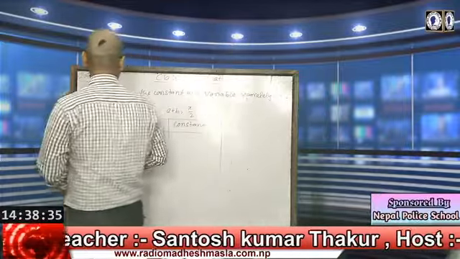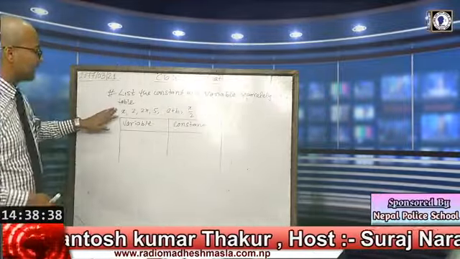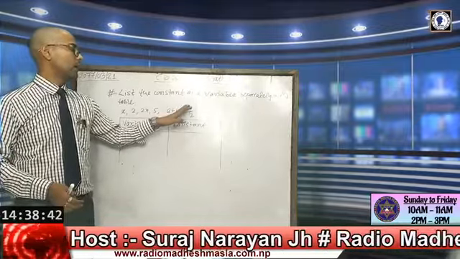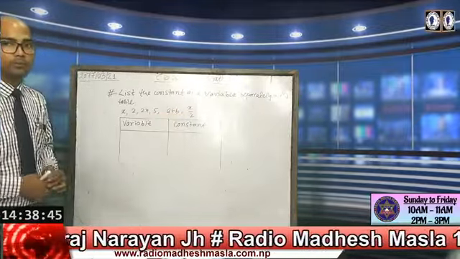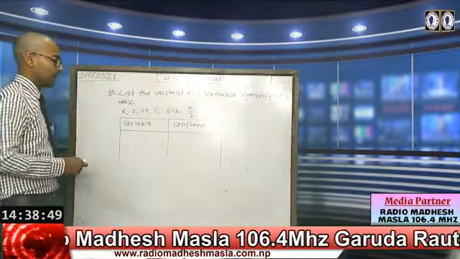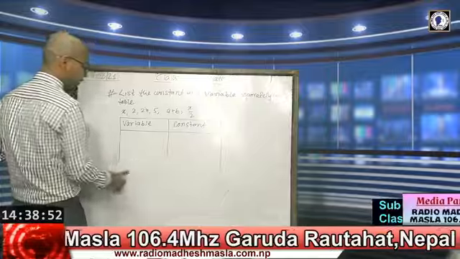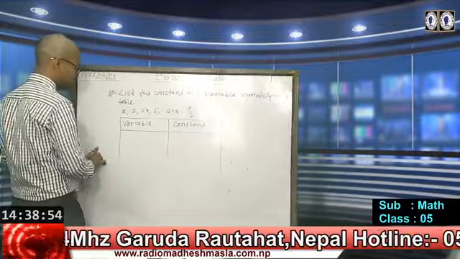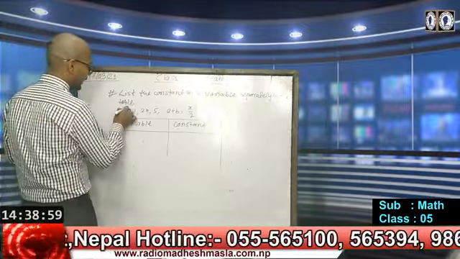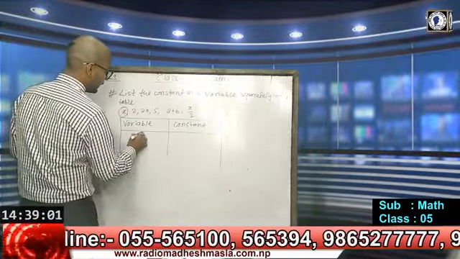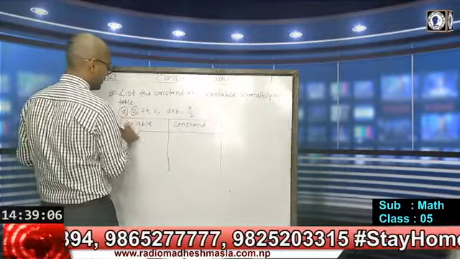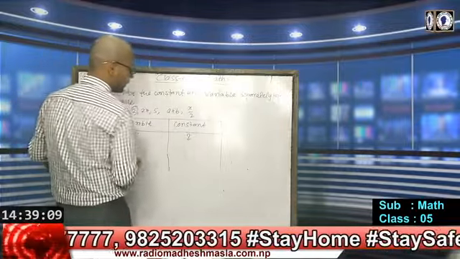As we discussed more about variables and constants, here we can see the terms given are x, 2, 2x, 5, a plus b, and the last one is x by 2. According to the definitions, a letter separate is known as a variable, which is a letter from the English alphabet. So x should be written in the column of variables, and in the same way 2 is written in the column of constant.